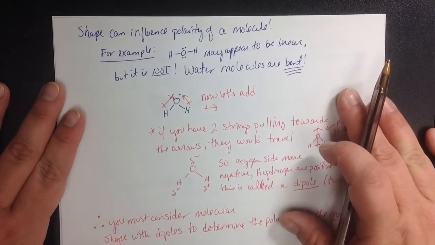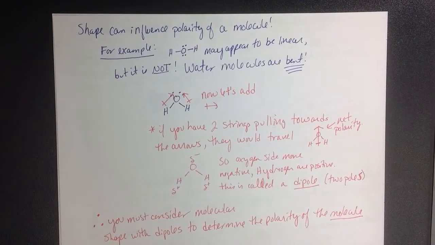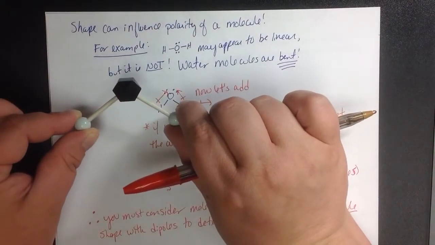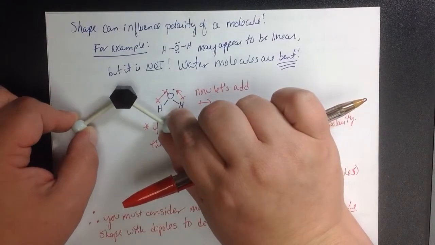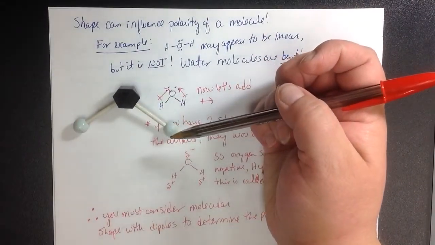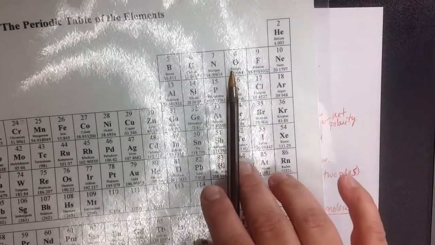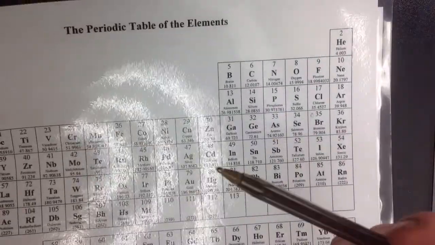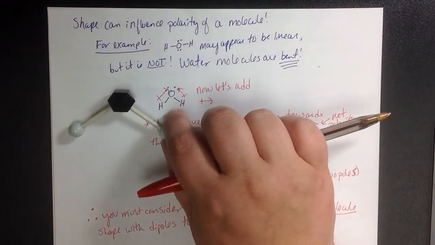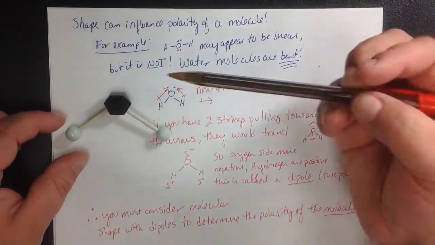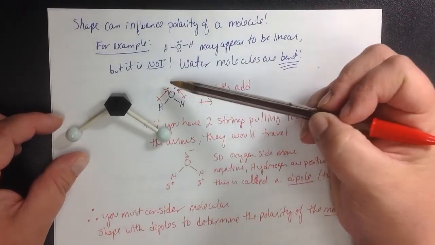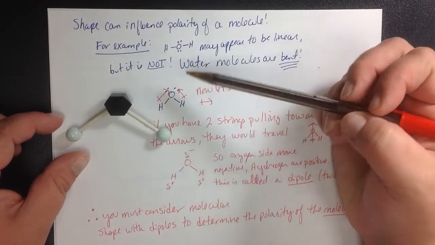Now, before we get into that, I want you to think about the fact that your polarity can be influenced by the shape of your molecule. If you have something like water, remember from last time, that is bent. Oxygen is more electronegative than hydrogen is. Oxygen's here, hydrogen's way over on the other side. Oxygen is going to pull electrons towards the oxygen itself. So in other words, there's a bond that goes this way, and electrons are being pulled this direction,